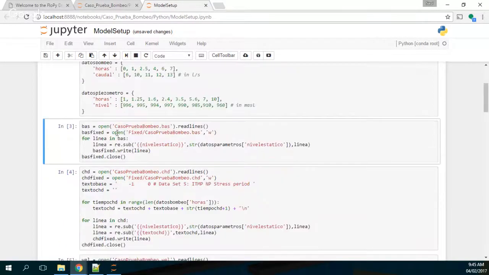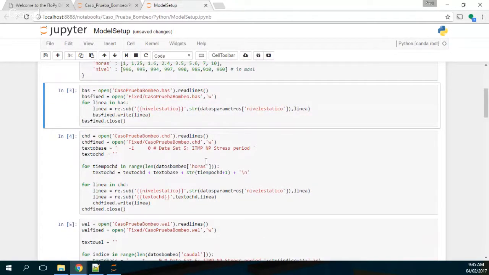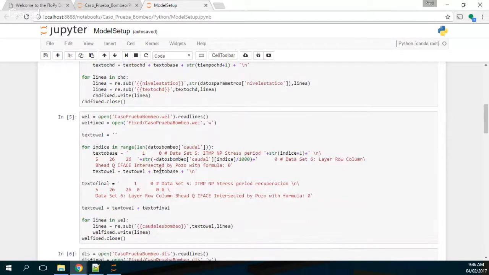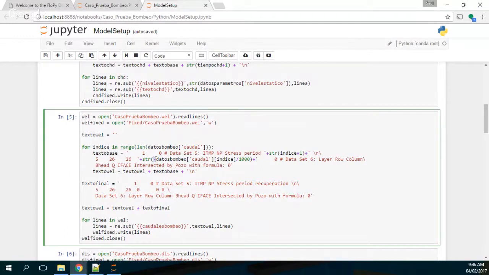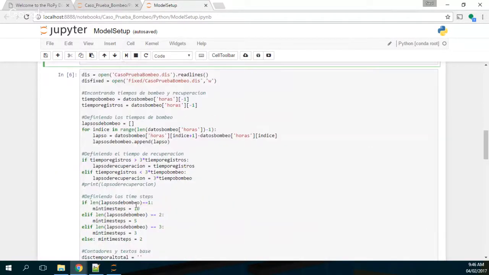This opens the bus file and as well replaces the static level. Yeah, this opens the constant head file as well, replaced for the whole stress periods. Okay. Yeah. Okay. This opens the well file as well, replaced with the pumping wells, and look here that it is negative because actually pumping on MODFLOW is negative. And it creates the pumping schedule, as well as here this is discretization that does the same. It creates the discretization, and